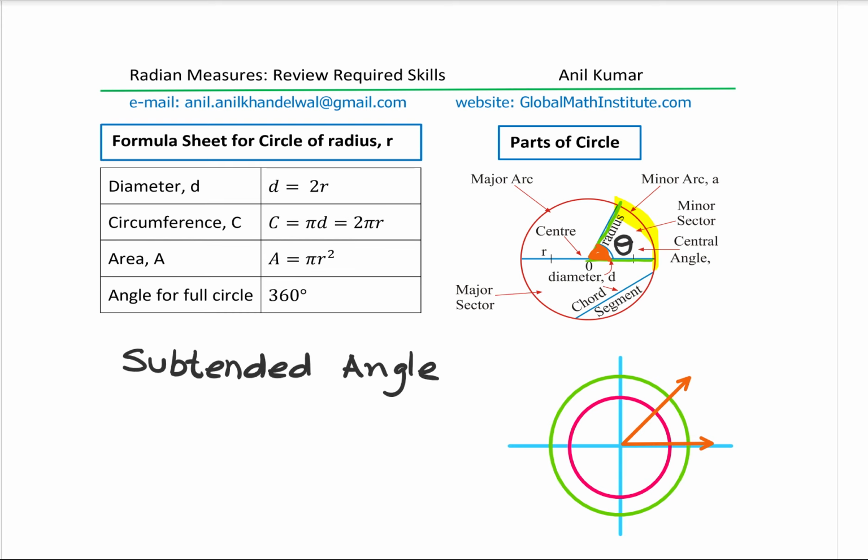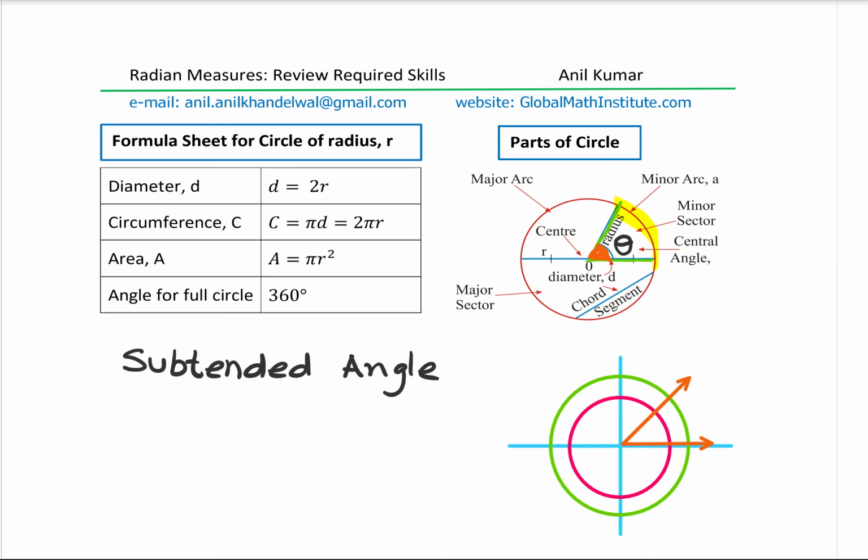Perfect. Now, for a circle, diameter is twice the radius, so these are the formulas. The circumference C can be written as pi times diameter or 2 pi r. The area is pi r square, and full angle around a circle is 360 degrees. With this in mind,